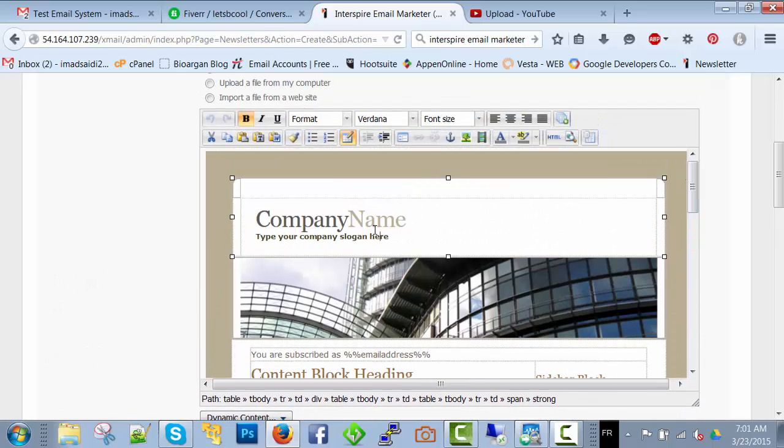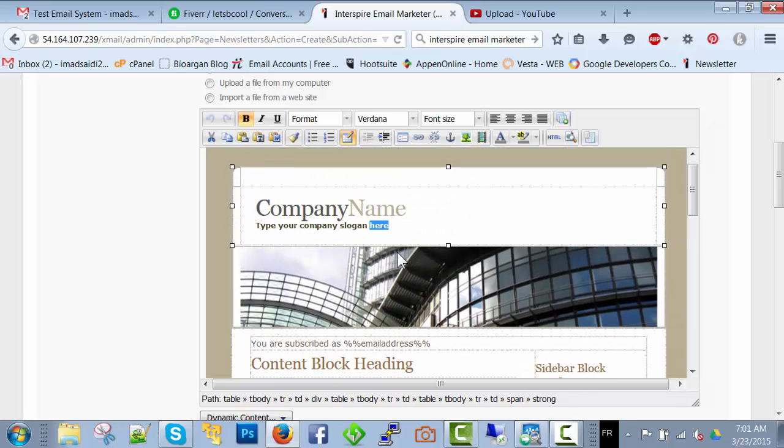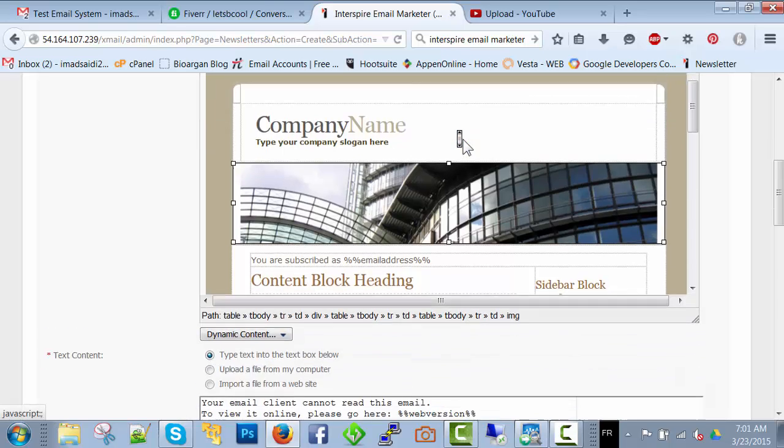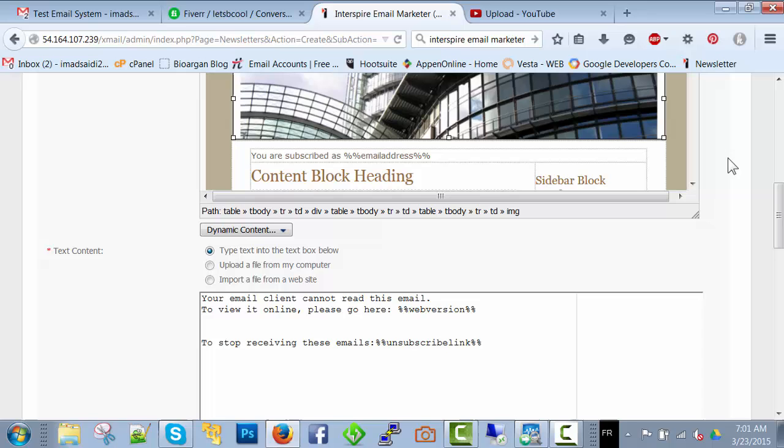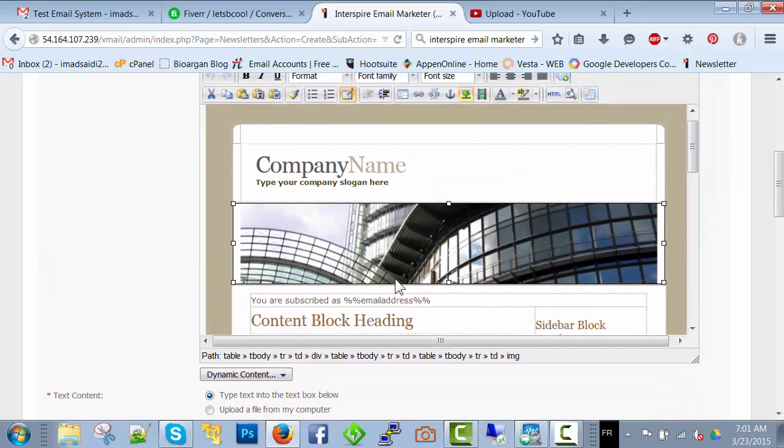You enter here your message, company name, all. If you want to change all this photo, you can change it. You can have another photo, upload a photo, all. So things that you should not touch, just this, don't touch this. Everything you find with this sign, don't touch it,